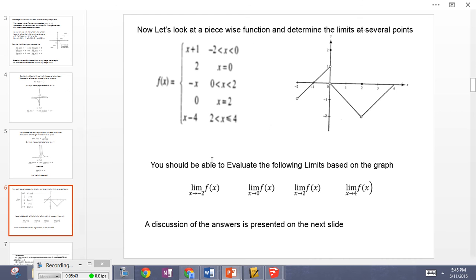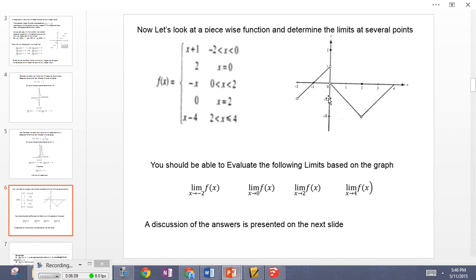With a piecewise graph, obviously, you're going to be asked for the limit at the points where we separate from one piece to another, which is at 0 in this case and at 2. That's in almost every case when you're going to be asked for the limit, okay? And again, if it doesn't agree,